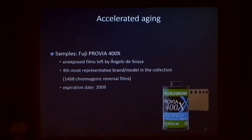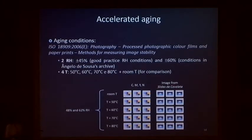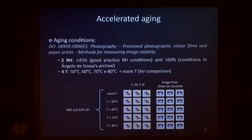Also, the films are outdated, but it is still possible to use them. So, taking into account the ISO standard 18909 from 2006, we will do this aging using two relative humidities: 45%, which is a good practice condition, and 60%, which is the average condition found in the Ângelo de Sousa archive. These two relative humidities will be tested at 4 different temperatures, 15, 16, 17, 18 degrees, and also room temperature